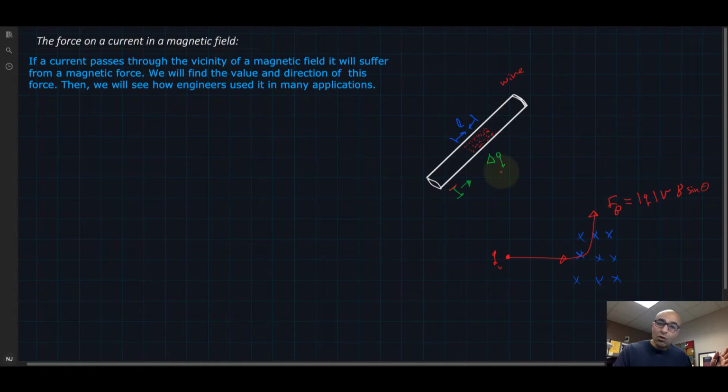Perfect. Those charges, however, can't go anywhere because they are constrained by the wire itself, the physical boundary of the wire. So let's say those charges are going to try to go up, but the wire ends here. They hit this boundary, and what happens then is that they move the whole wire up. You're talking about millions and millions of charges being pushed in a certain direction in the wire. They hit the boundary of the wire and push the wire up. So actually, the wire will feel the force,